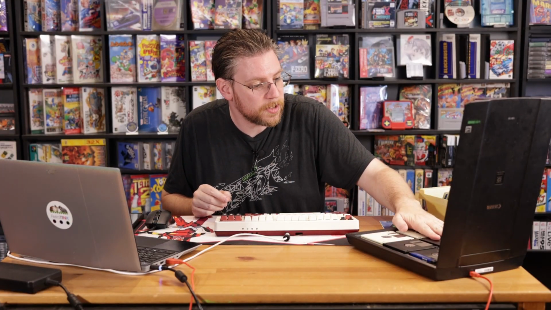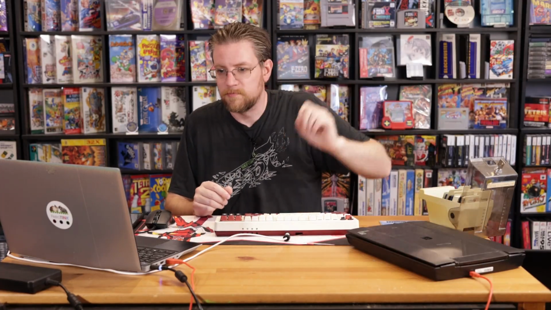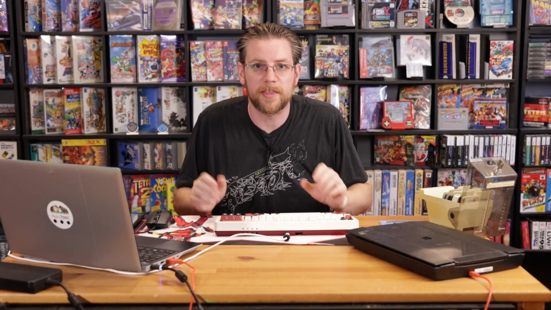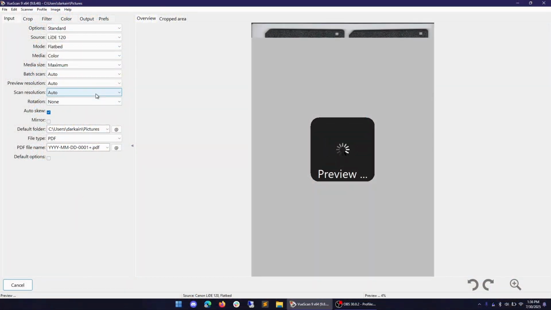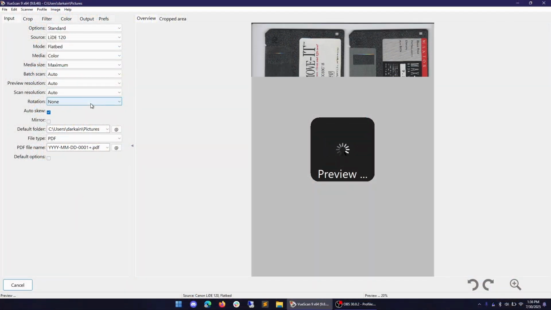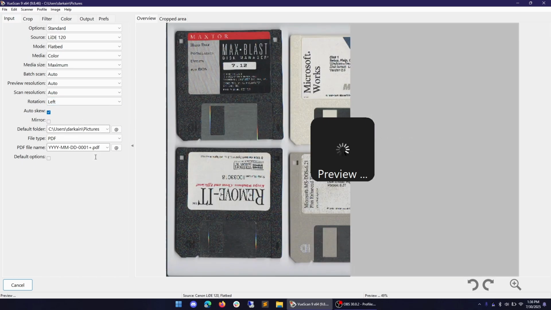Now, I'm just kind of loosely placing these on the flatbed here. I'm going to close the flatbed. Like I said, there's no alignment or anything. They're just kind of sitting on there. And now in the software, I'm just going to hit Preview. Right now, this is running with basically all the default options,